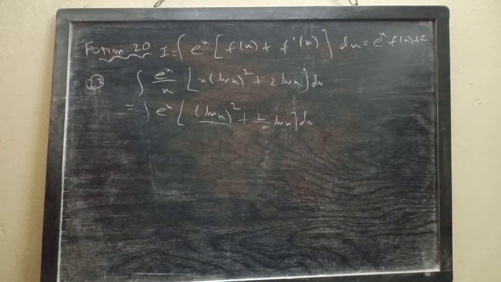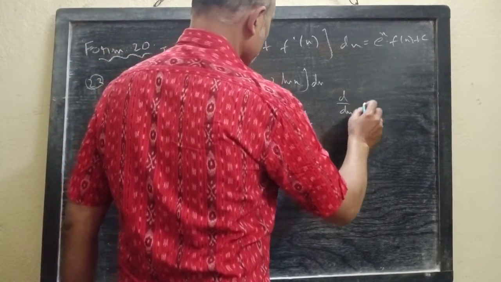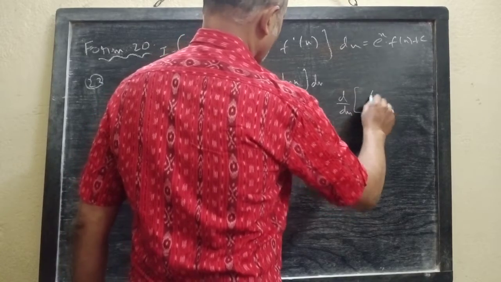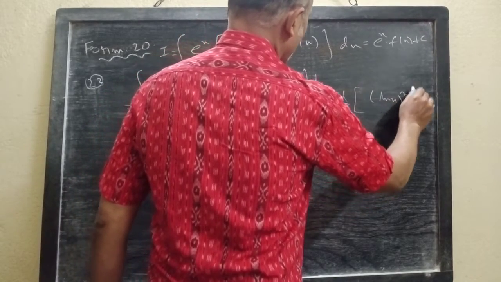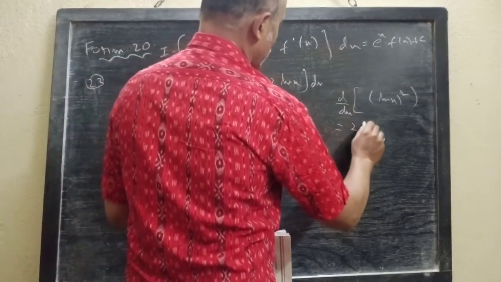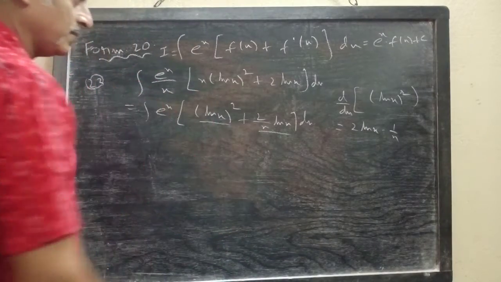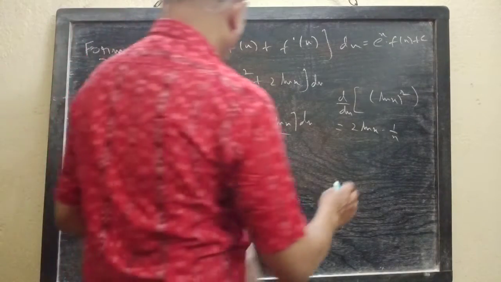If you choose this as f(x), then what will be its derivative? Check it. d/dx of ln x whole square will be 2 ln x into 1 by x. This is here. So your substitution will be,